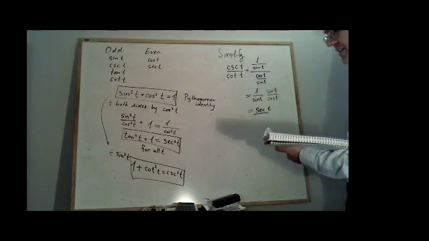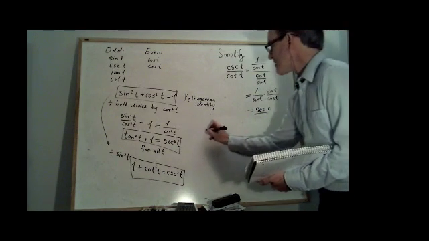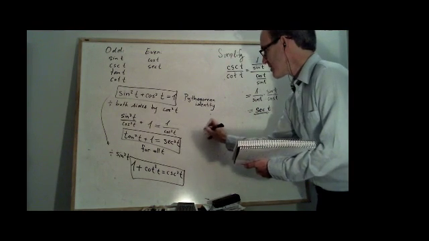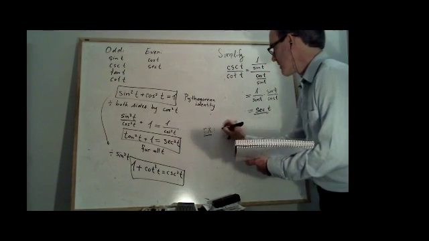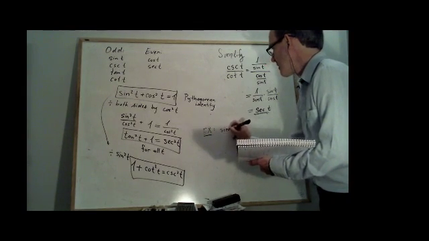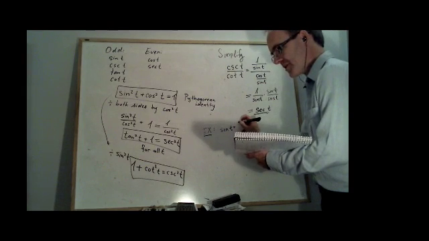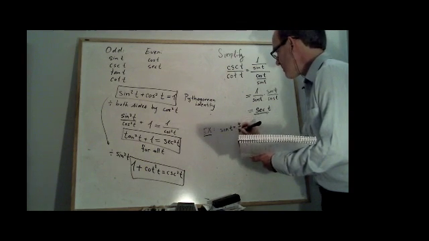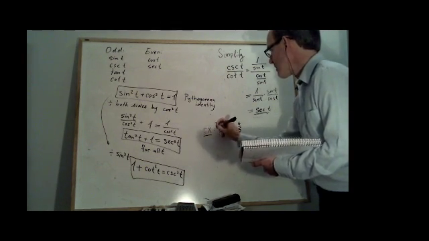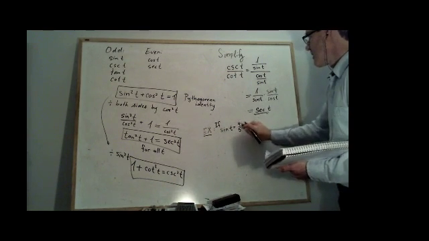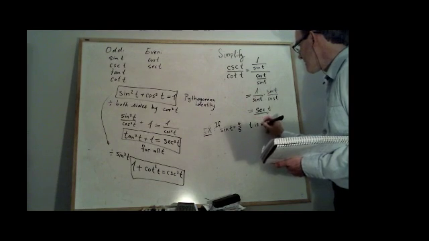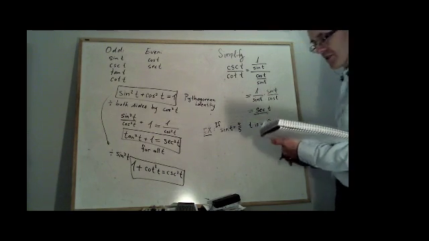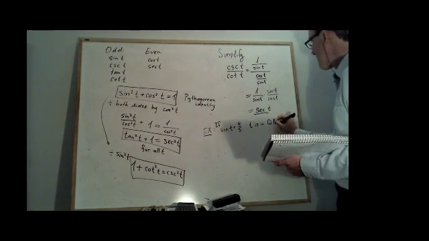Okay, so let's use the Pythagorean identity. Suppose you have an example. Here's an example problem. You are given sine t is equal to 4 over 5, and you're told that the angle t is in quadrant 2. Find